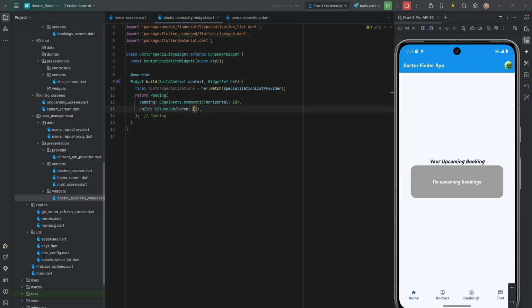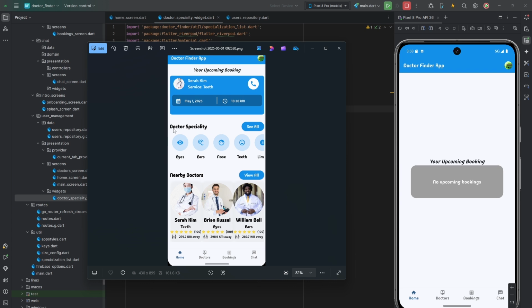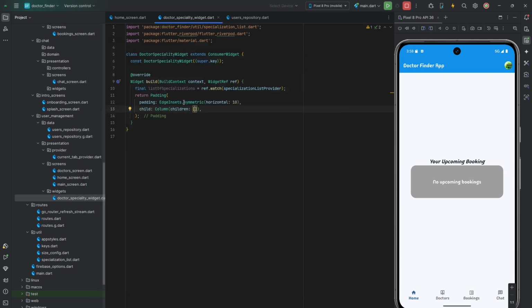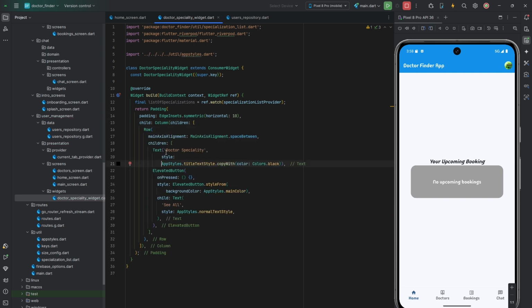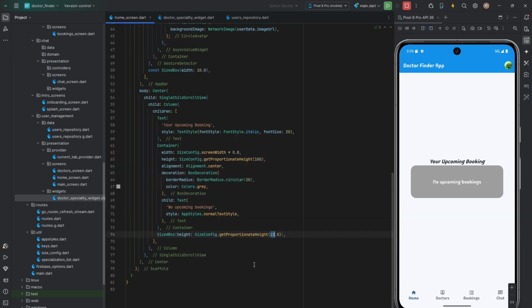Column has children. So as you can see here, it's going to be a row with that and also this. So let us first of all work on the row. The row is going to have a text that says doctor specialty, and then it's going to have an elevated button that says see all at the end. Okay. So here, let me go here in the main screen, in the home screen,